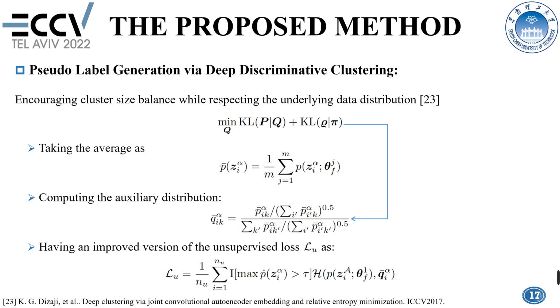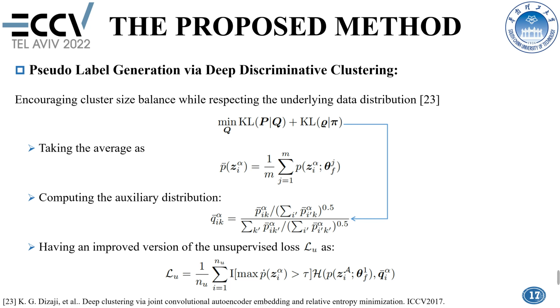The deep discriminative clustering algorithm can encourage cluster size balance while respecting the underlying data distribution. Thus, we use this algorithm to generate pseudo-labels for unlabeled samples. Specifically, we take an average over the predictions from multiple classifiers and generate pseudo-labels from the thus obtained averages via deep discriminative clustering. Then, with these derived targets, the model is trained using the strongly augmented version of selected samples